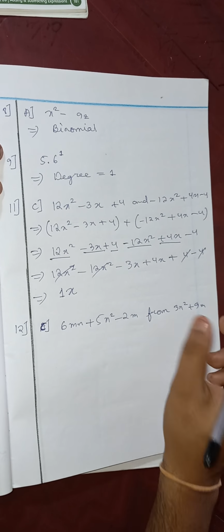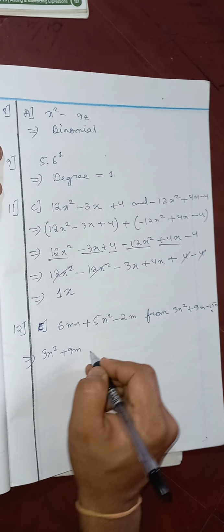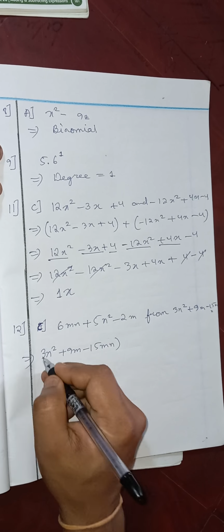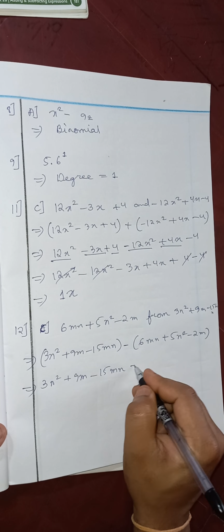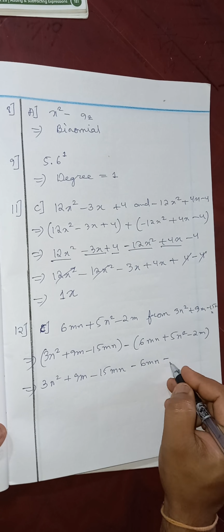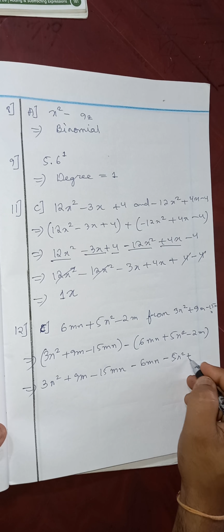Okay, got it? So you have to write 3n square plus 3m minus 15mn, and you have to put minus, and you have to put this sign, these things. Okay, got it? These things you have to write as it is over there, because they are saying to subtract this from this. Okay, you have to understand the grammar. That means you have to write this over here. Okay, now see here, there is a plus sign before this bracket, so nothing will happen to this bracket. Okay, the things inside the bracket, because of this minus sign, every sign inside the bracket would change over here. Okay, this plus will become minus. Okay, and minus would become plus.